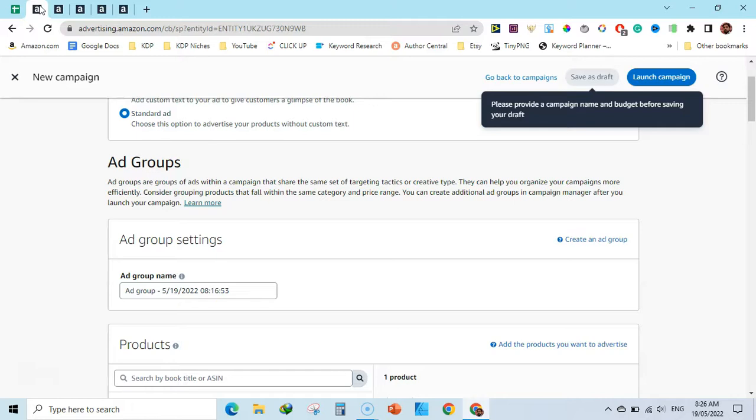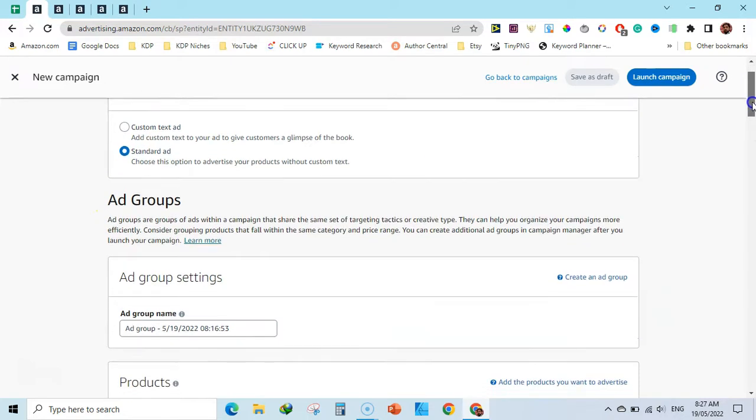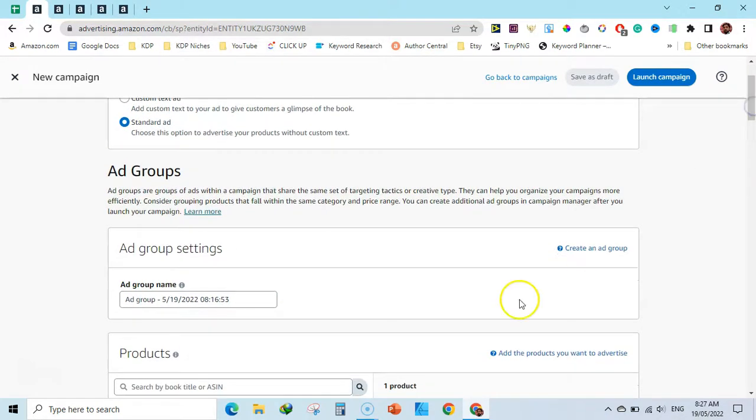For example, you have a kindergarten handwriting practice paper or handwriting practice paper for kids, and it is selling, or even if it is not selling, you want to create different books in the same niche. All you need to do is to create a manual ad set for your existing book and select the product here. This is a simple ad campaign. I am just selecting this standard ad here, and then I have pasted the ISBN here and selected one product. This product is handwriting practice paper for kids.